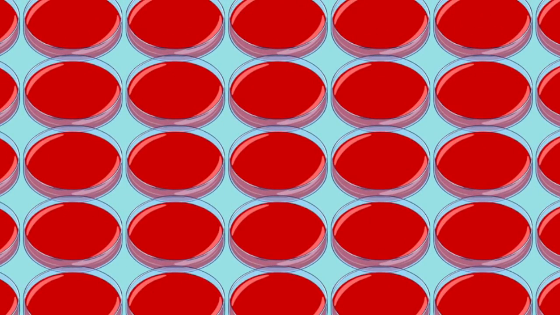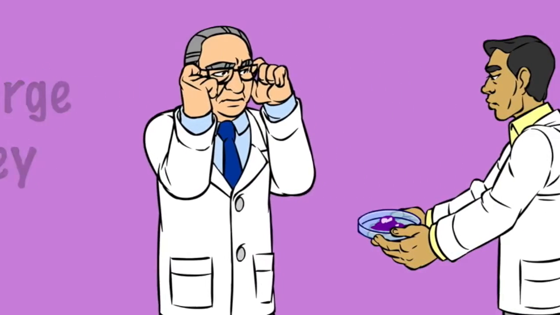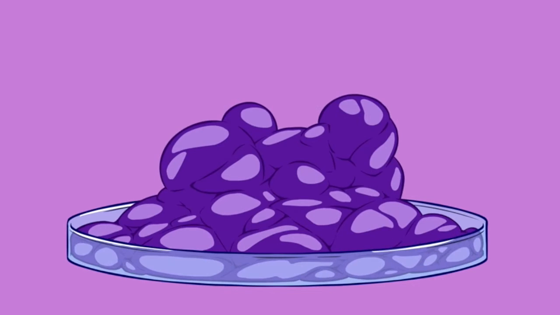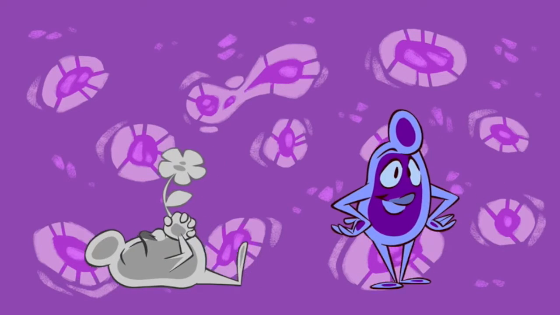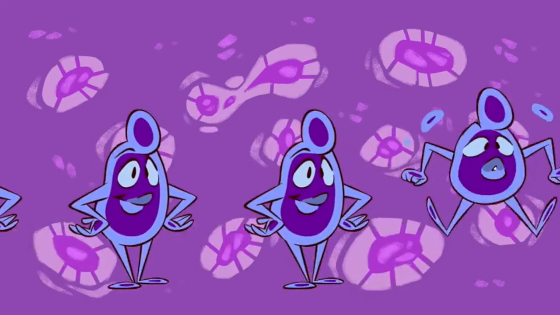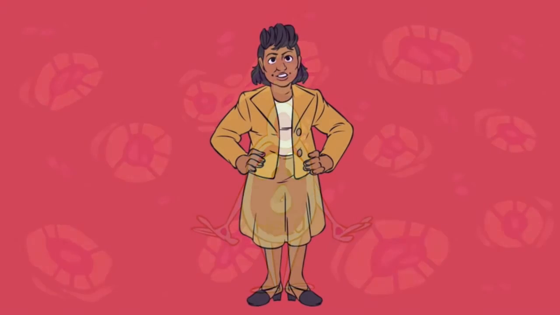But until 1951, all human cell lines that researchers tried to grow had died after a few days. Then a Johns Hopkins scientist named George Guy received a sample of a strange-looking tumor. Dark purple, shiny, jelly-like. This sample was special. Some of its cells just kept dividing and dividing and dividing. When individual cells died, generations of copies took their place and thrived. The result was an endless source of identical cells that's still around today, the very first immortal human cell line. Guy labeled it HeLa after the patient with the unusual tumor, Henrietta Lacks.